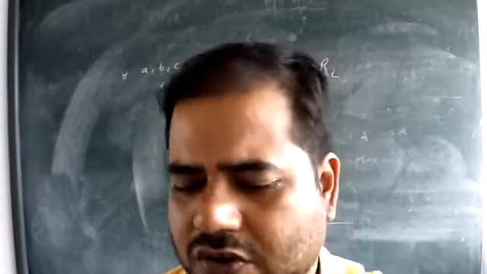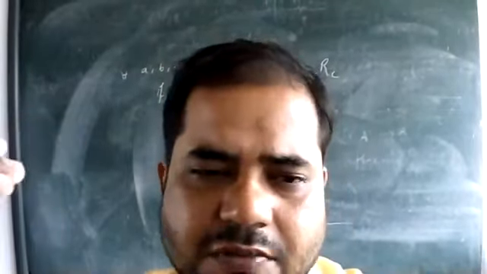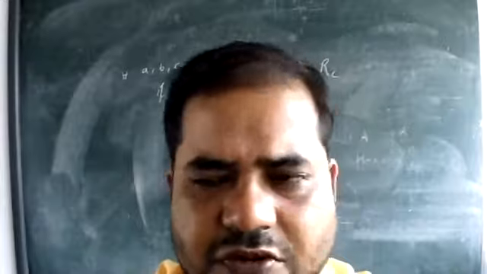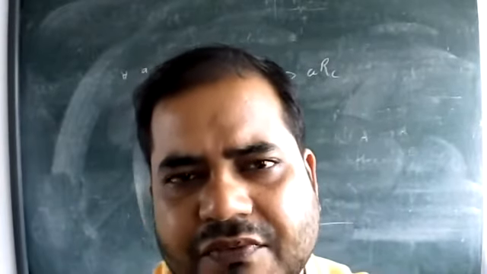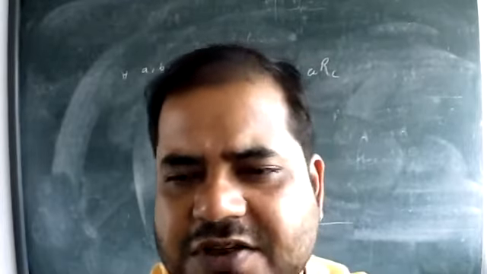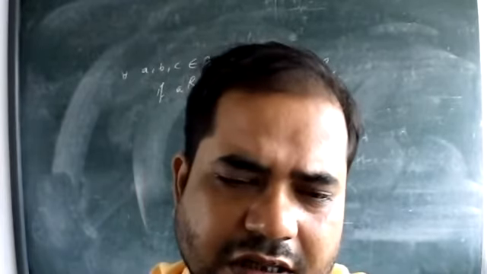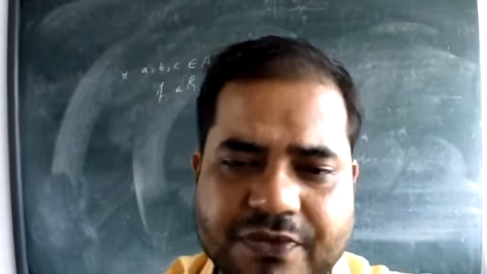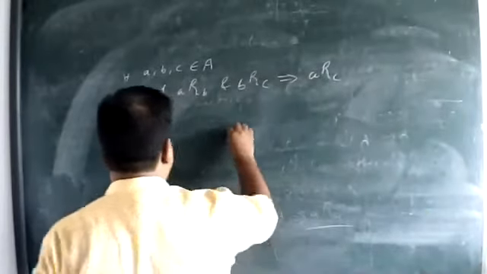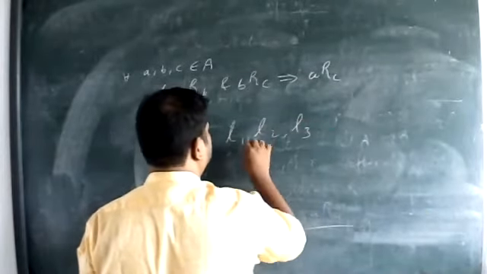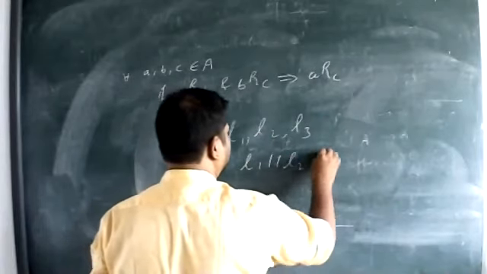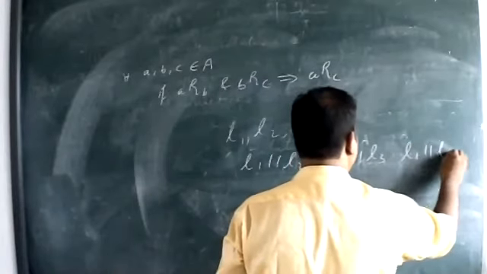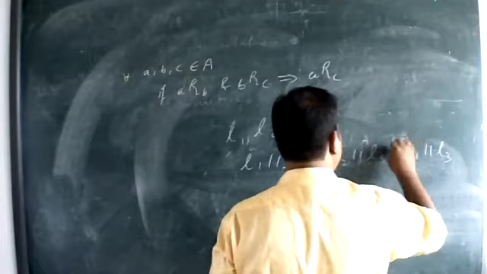Okay, so if we talk about relations, there are so many types of relations. Suppose we consider three lines L1, L2, L3 in a plane. The relation is parallelism. That means they are parallel to each other. Is that relation symmetric? Is that relation an equivalence relation? If L1 is parallel to L2 and L2 is parallel to L3, then L1 must be parallel to L3.